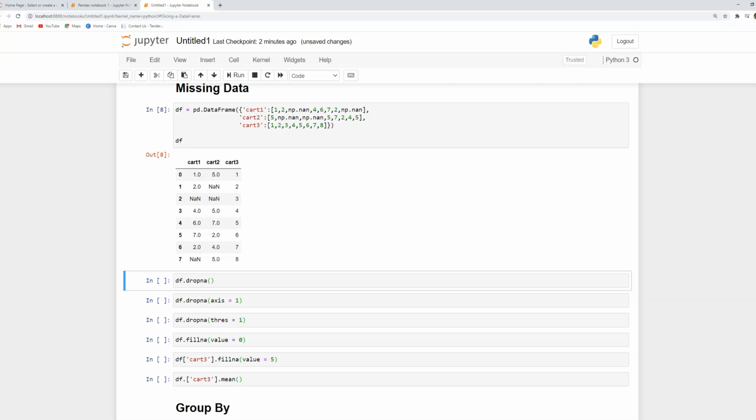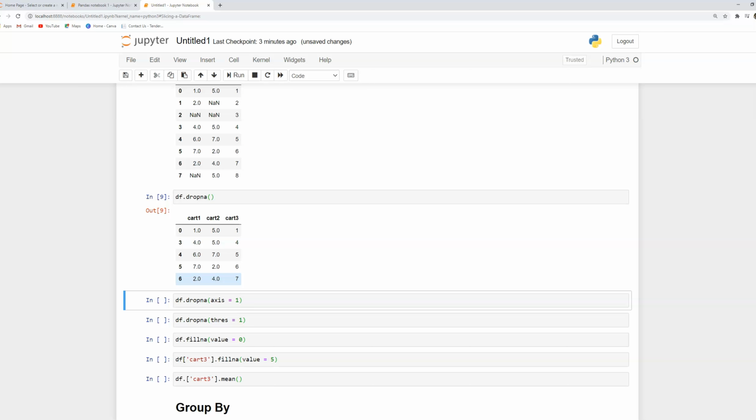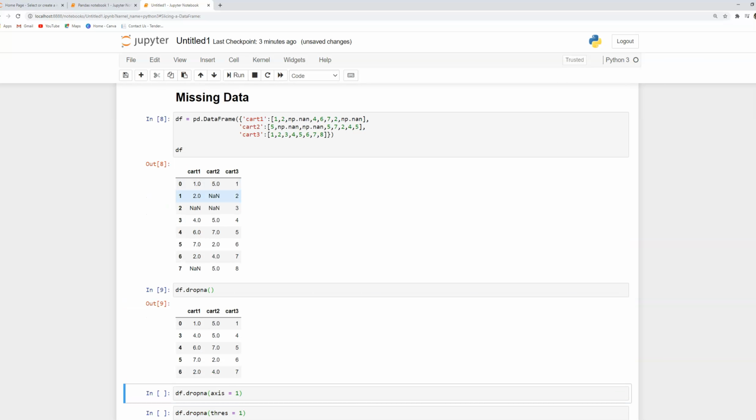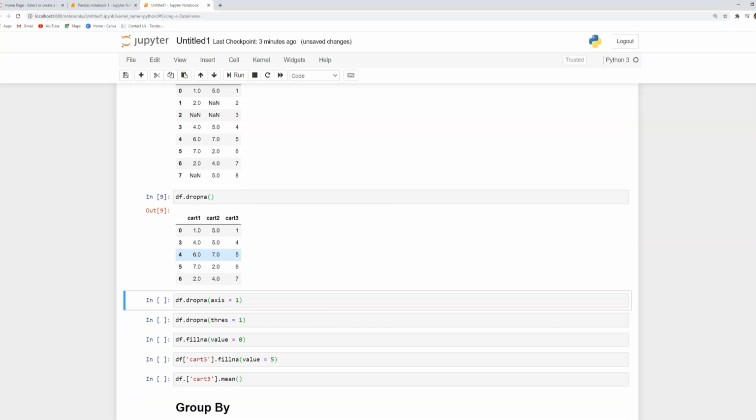Now based on this, if we want to drop everything which has a None value or NaN value, we can write df.dropna, and we can see that it has dropped row 1, row 2, and row 7. So we are left with 0, 3, 4, 5, and 6.